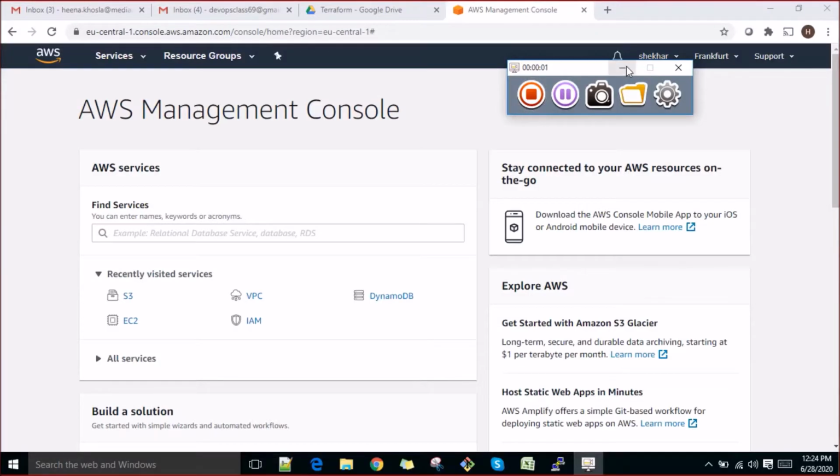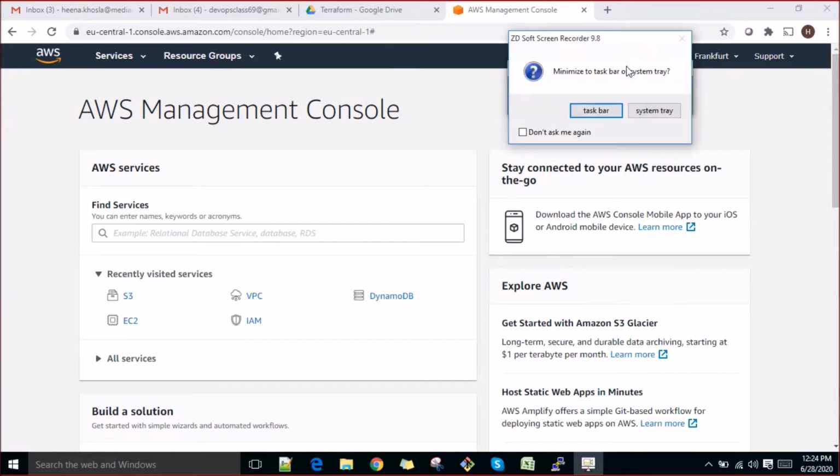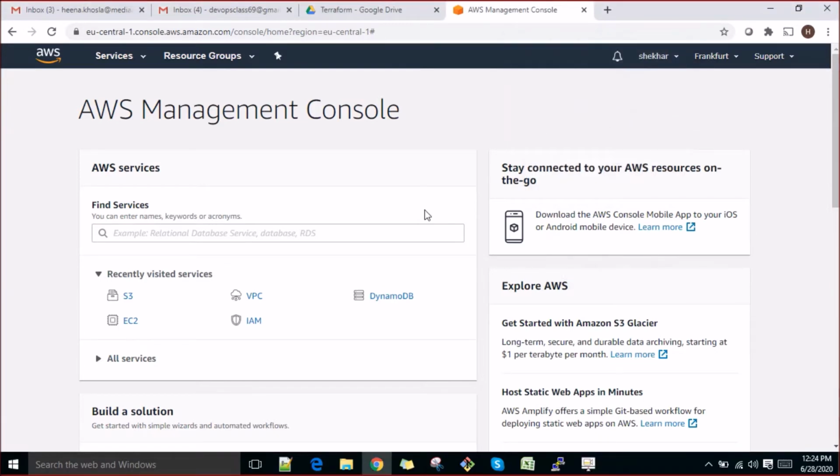So far we have seen how to create things using Terraform, right? How we can create components. I have told you the documentation of Terraform is pretty awesome, right? We just have to type in the resource, go to that resource, drill down into it, and start using it as per your requirements.